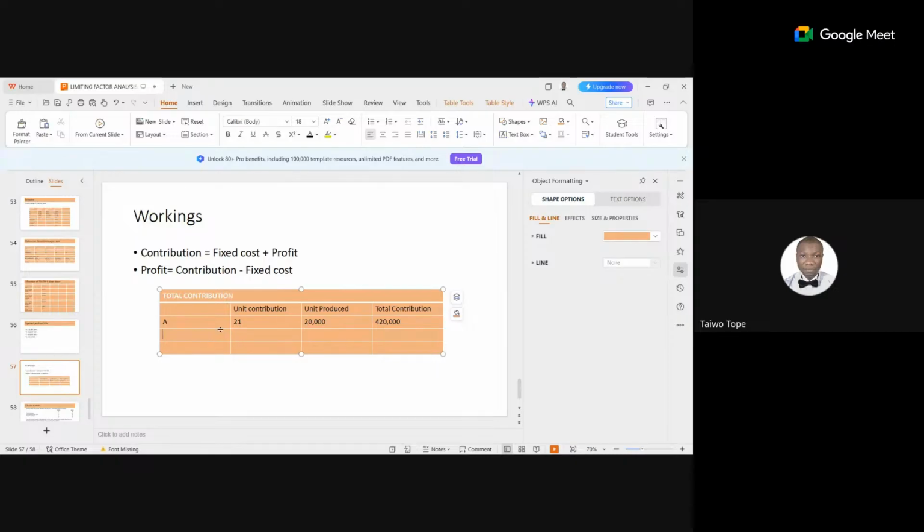This is B. The unit contribution at that point is what? 27. And the result here is what? The unit produced is what? 16,000. The total contribution will be what? 432. And for product C,